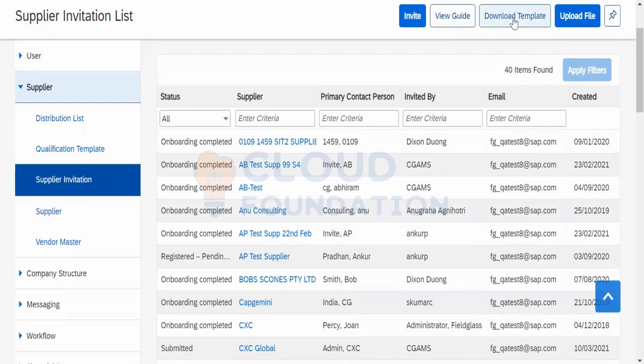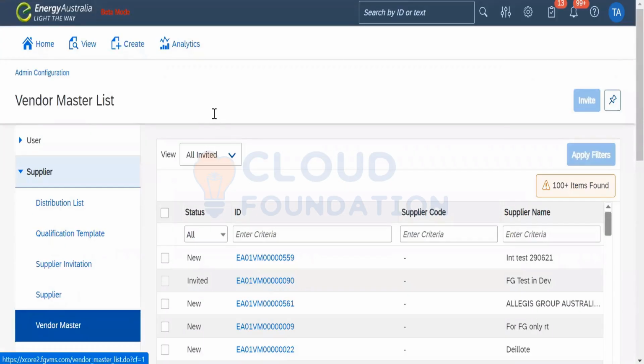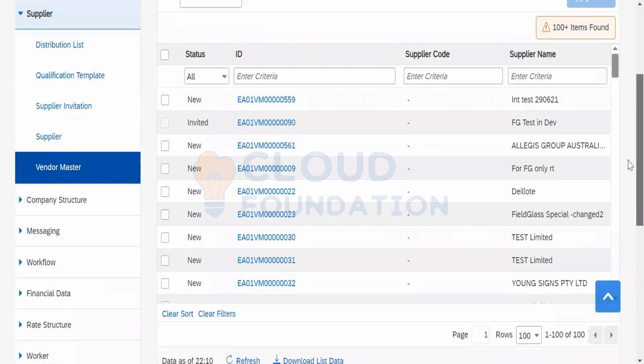We can download the template here, fill in the required information and upload the file. They're going to get invited rather than doing it one by one right here. But yes, vendor master is the master in the first place if they are utilizing the vendor master utility within the system. This forms one of the master data.